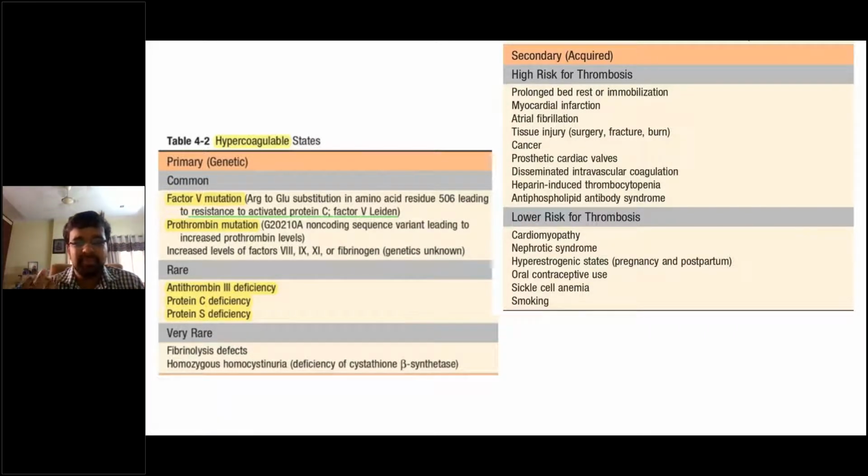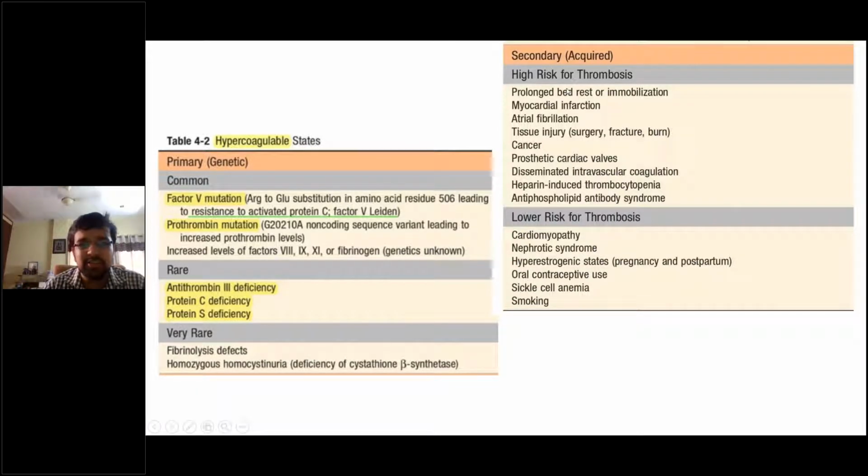our lower limb leg muscles act as a pump. Basically, they have a milking action which helps to push the venous blood from below upwards. So basically, they help in venous return. So if the person is in prolonged bed rest or is immobilized, that milking or the pumping action by the lower limb muscles will not happen, and therefore the venous blood will undergo stasis below, leading to thrombosis. So prolonged bed rest, prolonged immobilization, prolonged hospitalization, even if a person undergoes flight travels a lot, basically in flights, we tend to be immobilized for a long time and there's a small leg space. So that is also a risk factor for DVT.